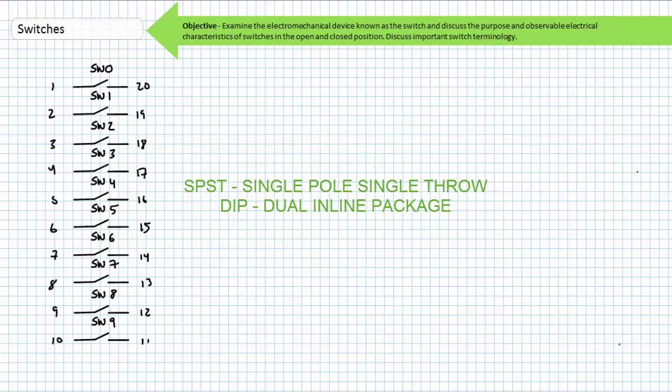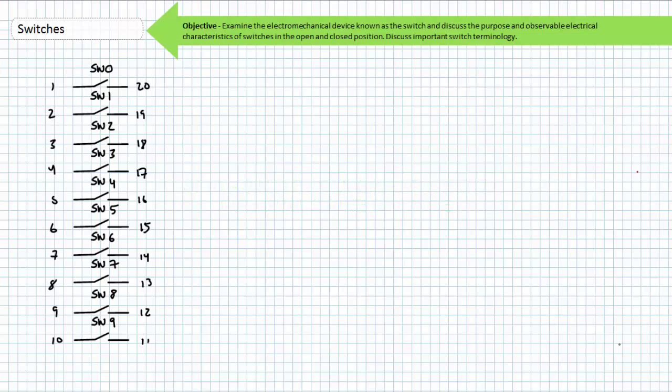Consider a collection of single-pole, single-throw switches known as DIP switches. DIP stands for Dual Inline Package. DIP switches have dimensions that allow them to be used on a prototyping board. Obviously, packages of DIP switches are not meant for high-power applications, but rather switching low-power signals. This schematic represents 10 single-pole,